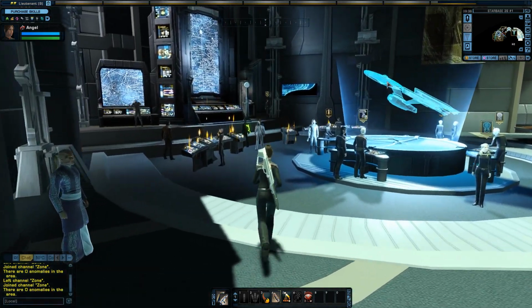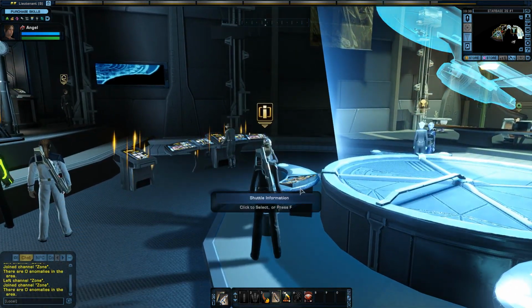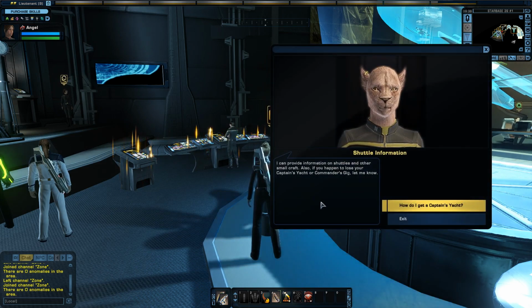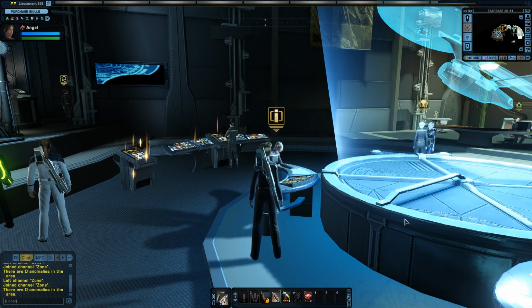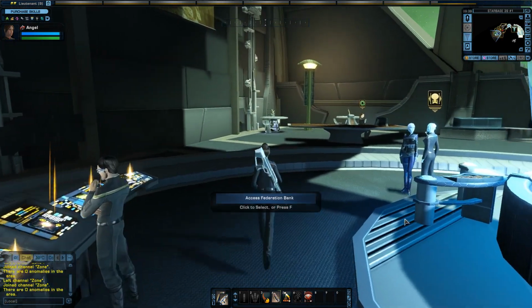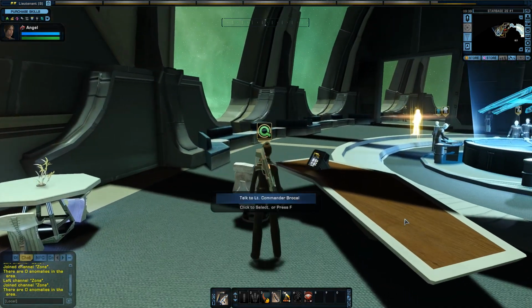Now, this area is very much like Earth Space Dock when you're talking about ships, shuttles, and all the other stuff. So just click on this. You can get the captain's yacht, but at my current rank I'm not going to get anything, so I'm not going to bother about it. You've got your Federation Bank, you've got some of the other stuff there, but you do have, ta-da,